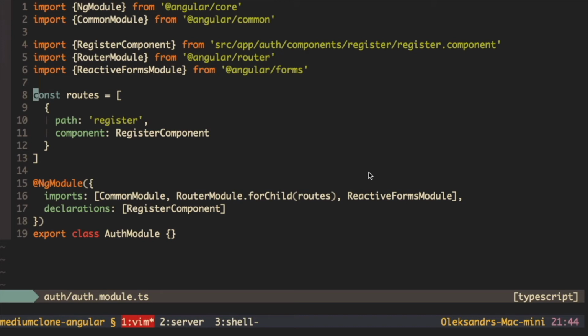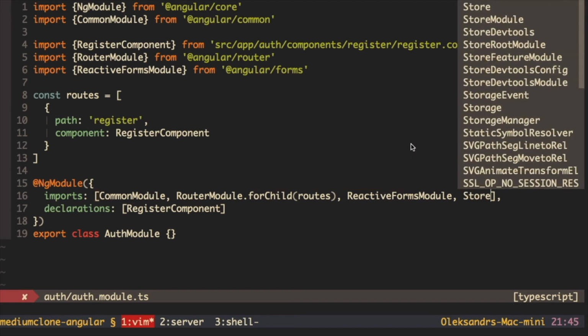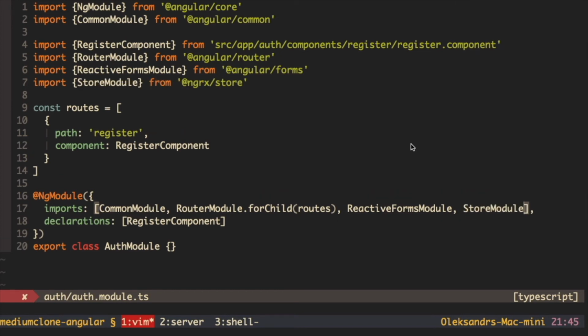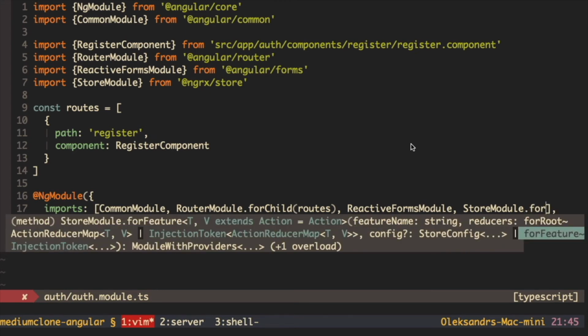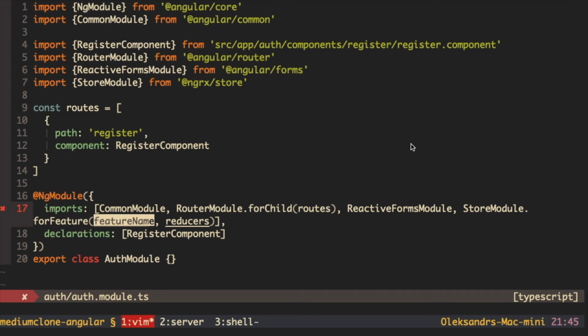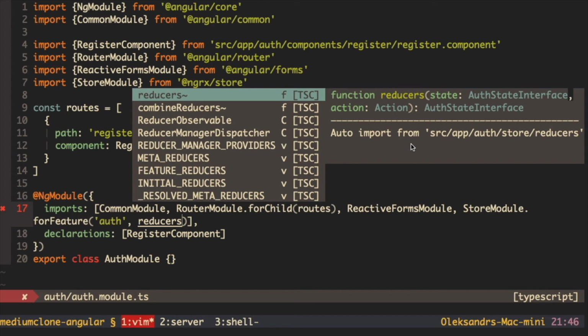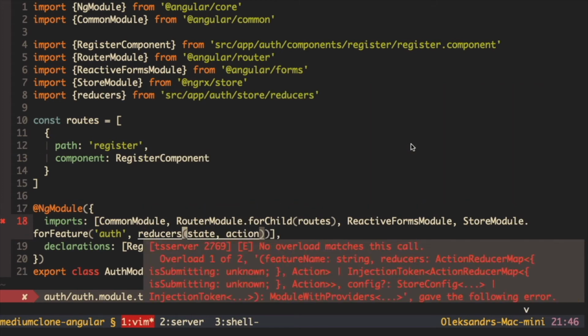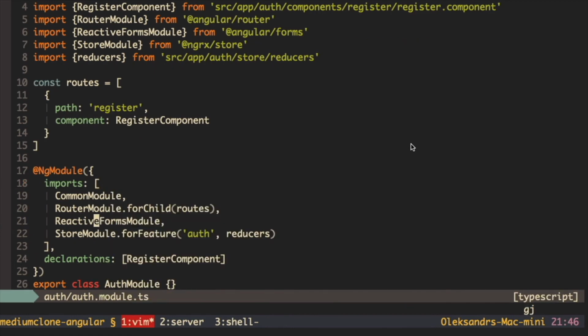to clean the project. To register our reducer, we need to write in imports StoreModule, which is imported from NgRx store, dot forFeature. Basically this is the feature that we register, and the first argument is the feature name. In our case this is auth, so normally we use the name of the module and then reducers. And this reducers property we can import now here, and here is autocomplete from source,